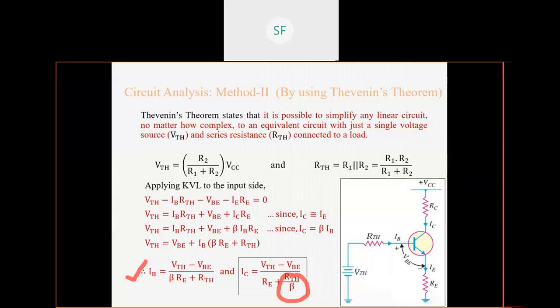Suppose in your question the value of beta is not given and the value of IB is also not asked. They have only asked you the value of IC and VC. Then you can go with the first method. You have to go with the first method because the value of beta is not given, and the second method needs beta. So without beta you cannot proceed. So in that case you should apply the approximate analysis method, that is method 1. And if beta is given and the base current is to be found, then you should go with method 2. We will solve a problem based on this, but before that let's complete this analysis.